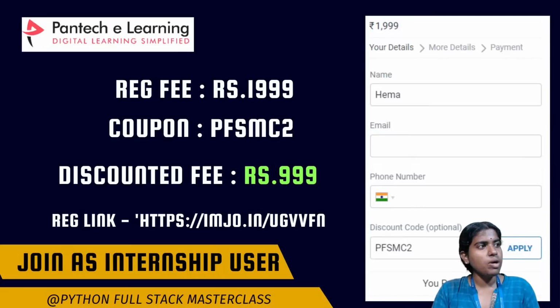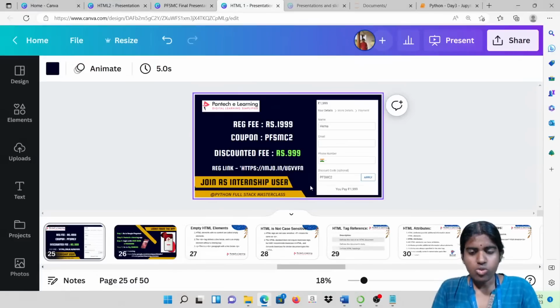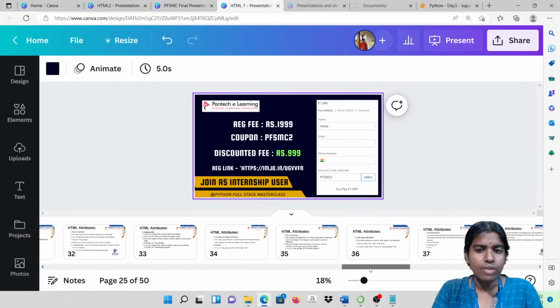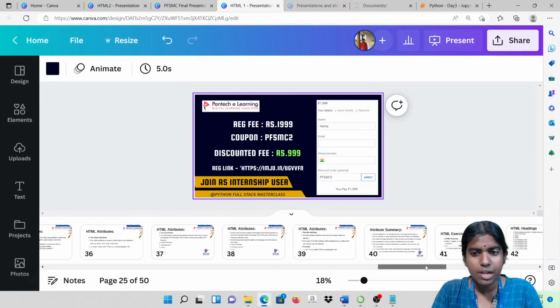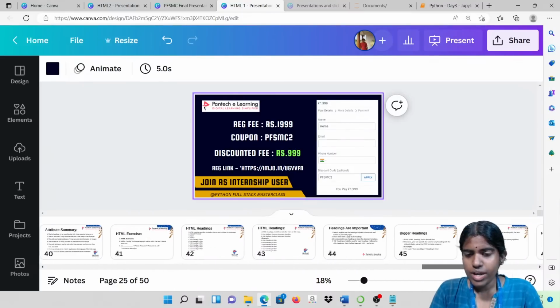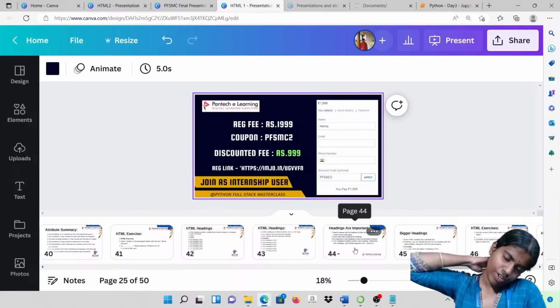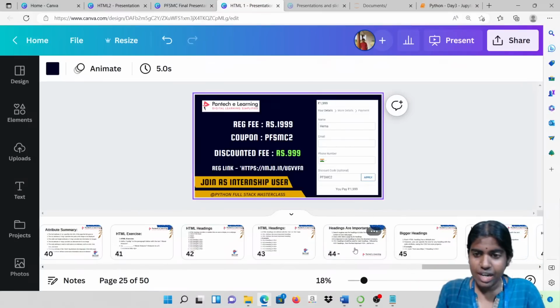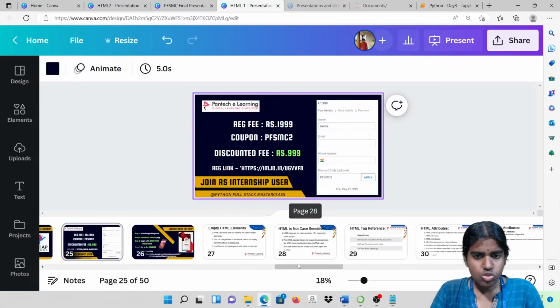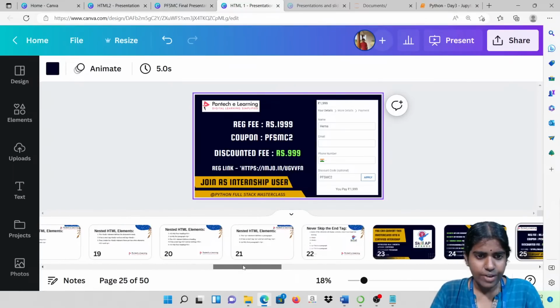Clear? So till this part, whatever I am speaking, everything is clear. So I just gave you a brief introduction to hypertext markup language. What are the different types of tags and attributes available in HTML? I was discussing with you about different types of headers. What is the use of header tags? H1, H2. Clear with this? What are the different types of headers available in HTML?